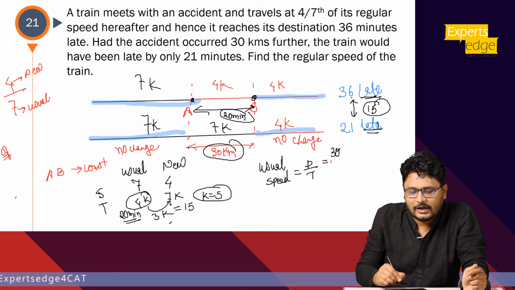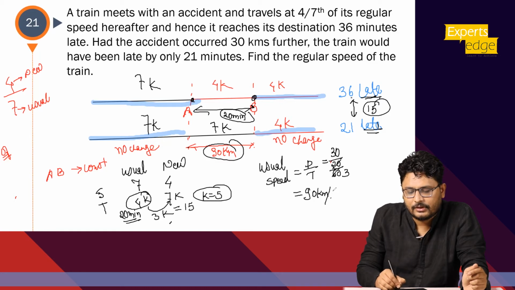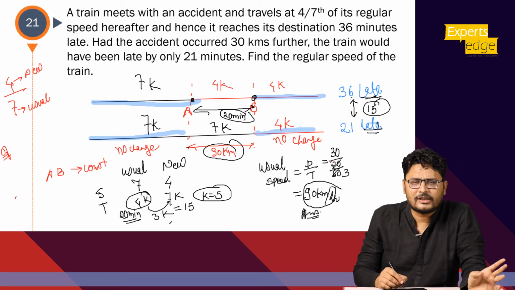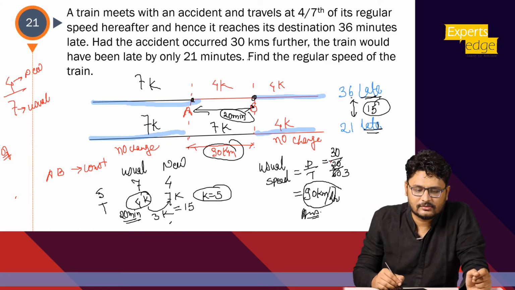Distance is 30, time is 20 minutes. Okay, I need to convert it into hours. So 20 by 60, that is 1/3. The 3 will go up. So the correct answer of this question is 90 kilometers per hour. Okay, so I hope this question is understood. Just find the comparative scenario and you will get the answer of this. Okay,